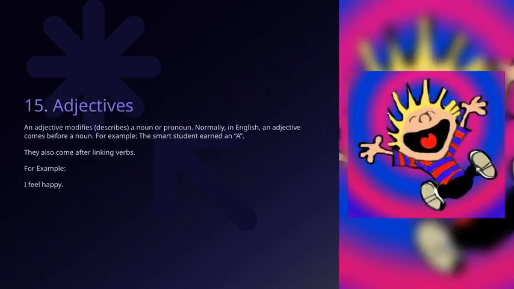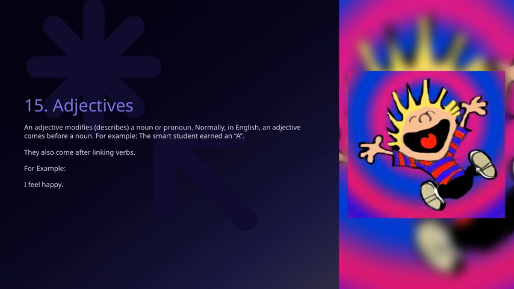Now let's talk about adjectives. An adjective is a word that modifies or describes a noun or pronoun. It's the word that gives us more detail about the person, place, or thing we're talking about. In English, adjectives usually come before the noun they describe. For example, in the sentence, "The smart student earned an A," the word smart is the adjective that describes the